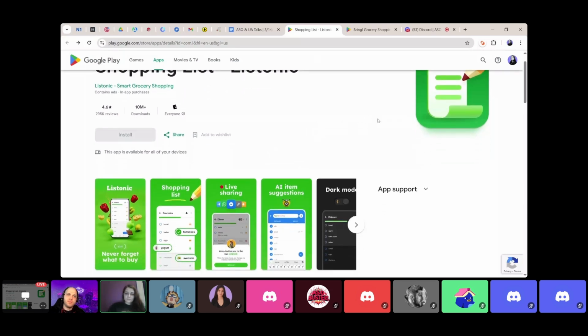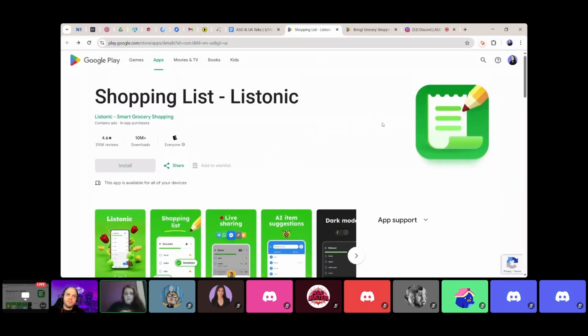And I would say mostly that's all about Listonic. Maybe Max, you have some more ideas. Regarding Google Natural Language, we have a pinned post about it in the Google Play thread in this community, so you can check it later. Regarding Listonic,